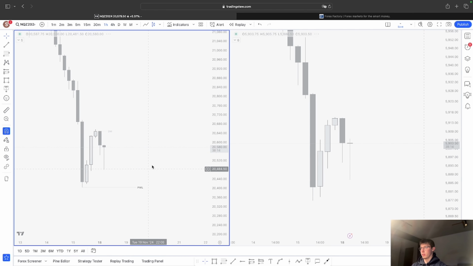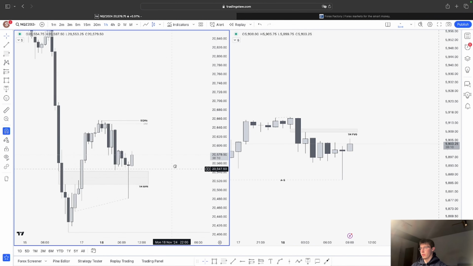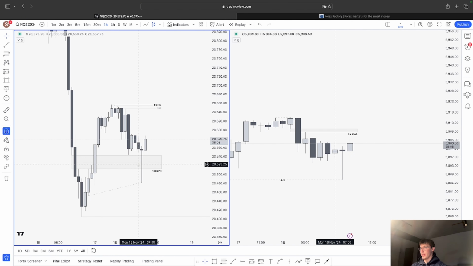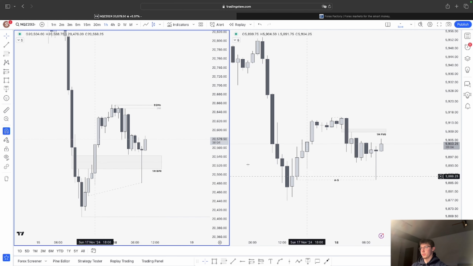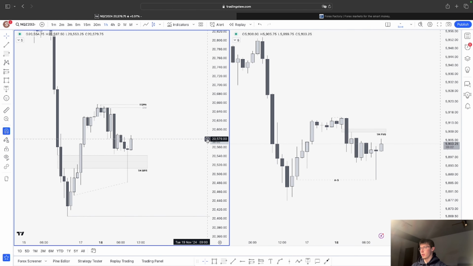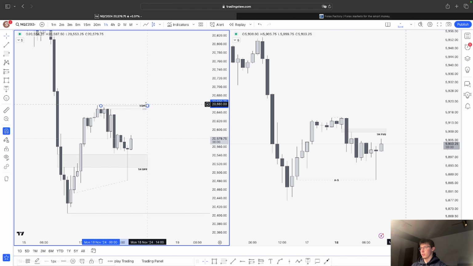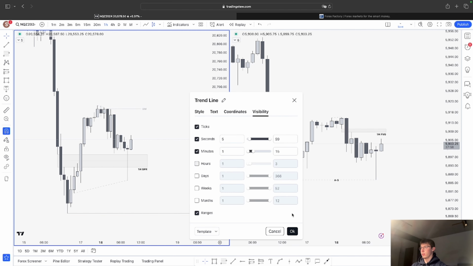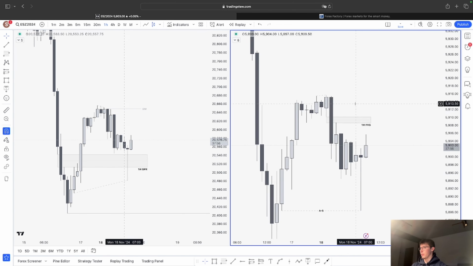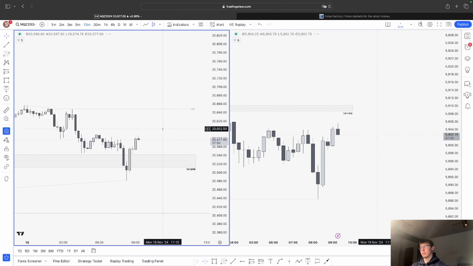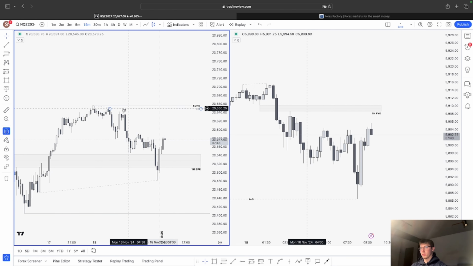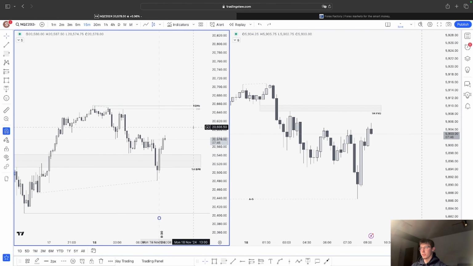1 hour. Right now, price reacted off of this 1 hour BPR. We have this FVG. No FVGs here. Consolidation. And if we drop into 15 minutes, we have those clears, equal highs right here,